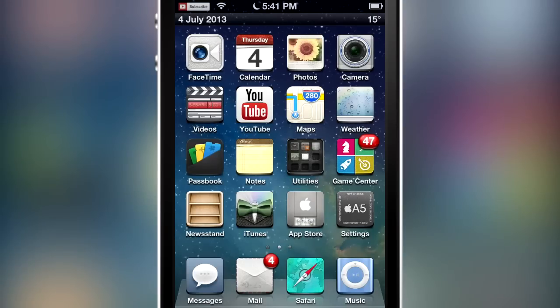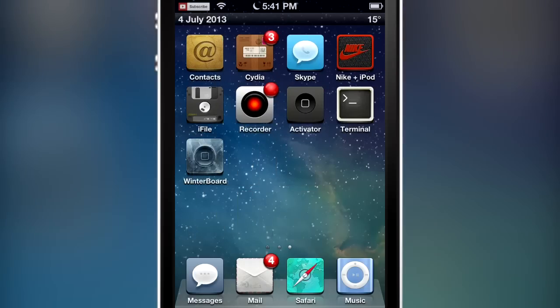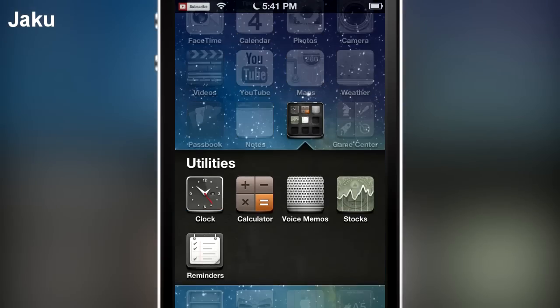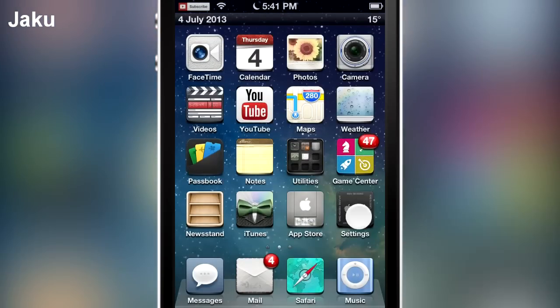Now let's go to the theme of the week, which is Jaku. It's a really nice theme. It pretty much themes all your icons, and that's what it does. It's just an overall really cool icons theme. It doesn't theme anything else except for a couple of banners. And if I just go into settings real quick,